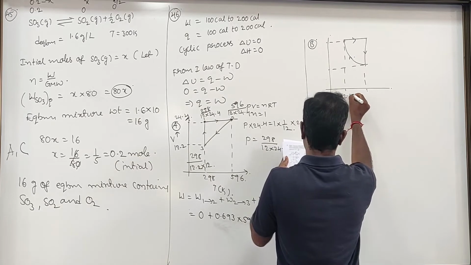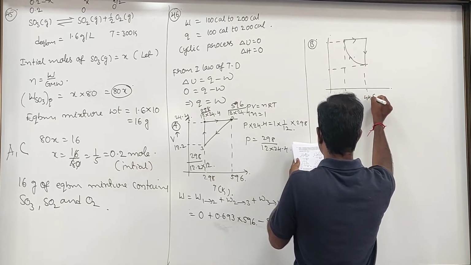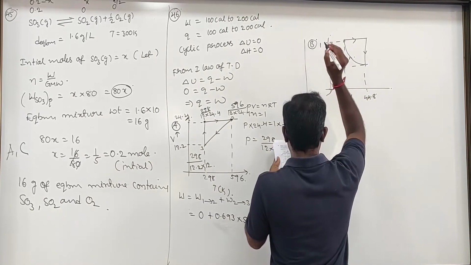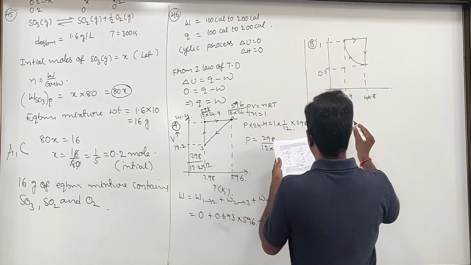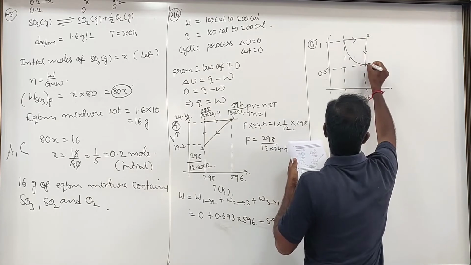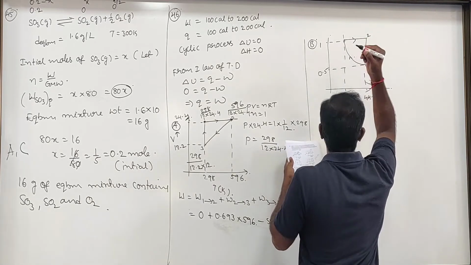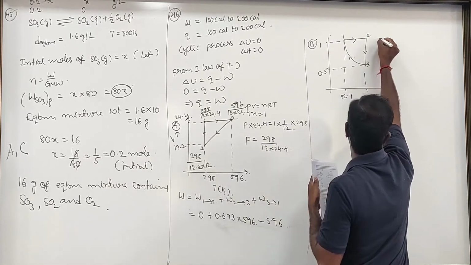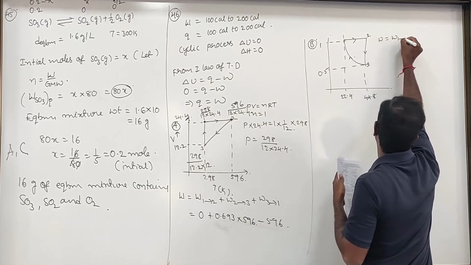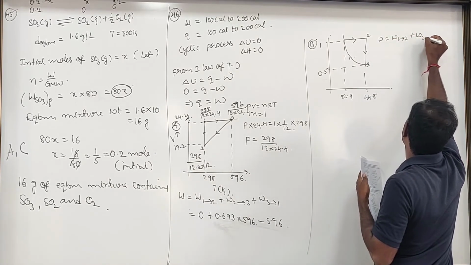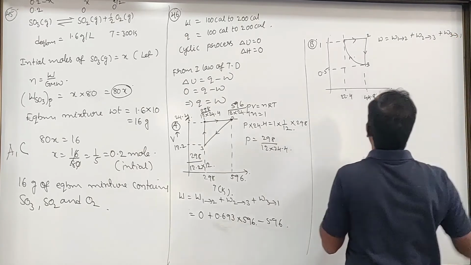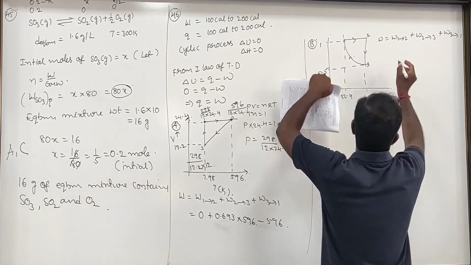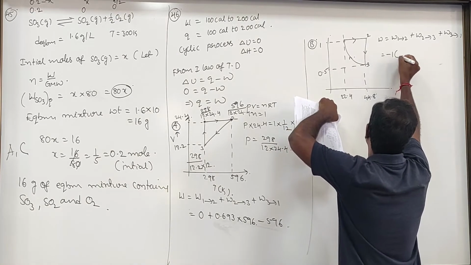Yeah, this is 22.4 and it is 44.8, and this is 1 and it is going to be 0.5. Now, let the points be given as 1, 2, this is going to be 3, so the cycle is 1, 2, 3, and 3 to 1. Total work done equals work done 1 to 2 plus 2 to 3 plus work done 3 to 1. 1 to 2: this is as much as simple, minus 1 into